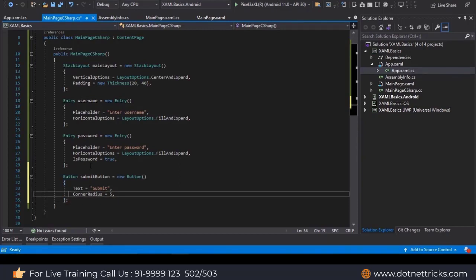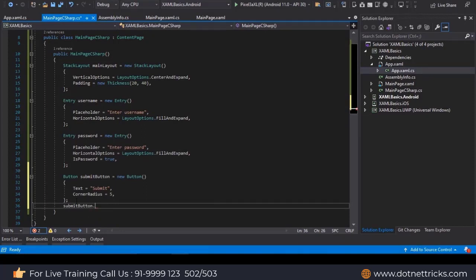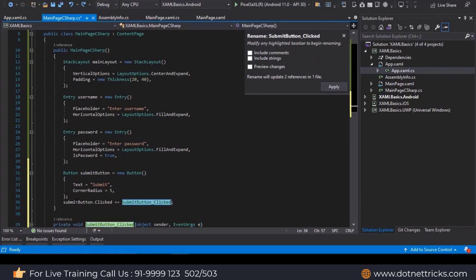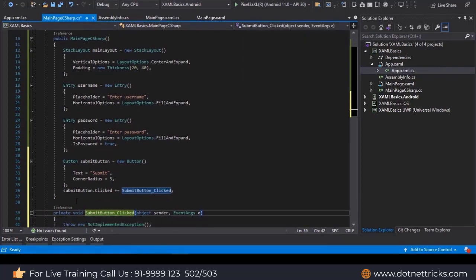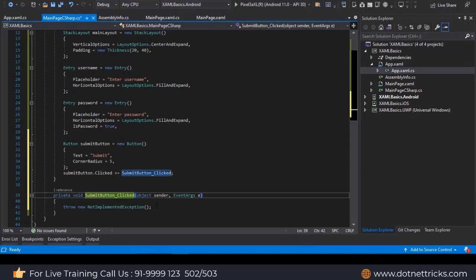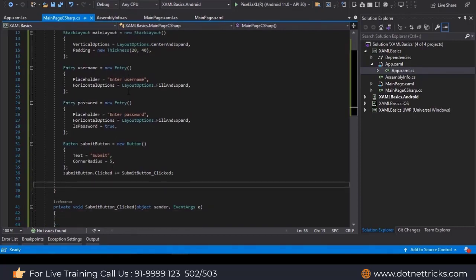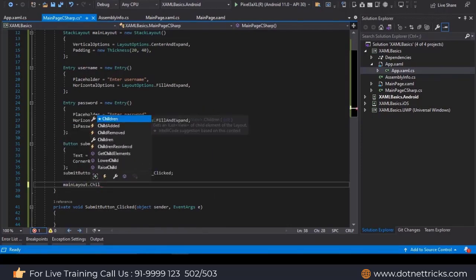The Clicked event is not a property, it's an event, so it has to be accessed outside of this. So Clicked, so we have created an event. All right, so this is exactly similar to what we have in XAML. There are a few additional things that we have to explicitly mention, that these are the children.